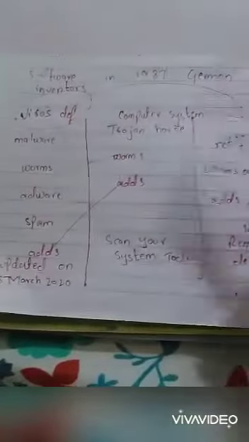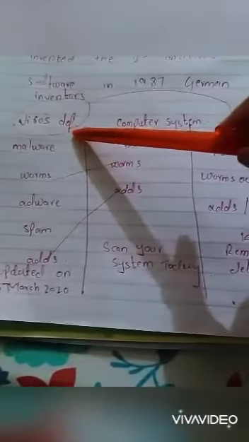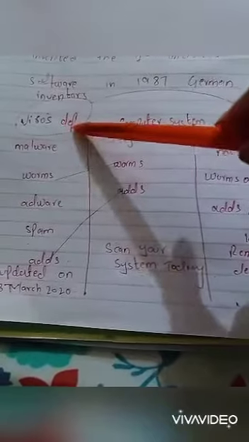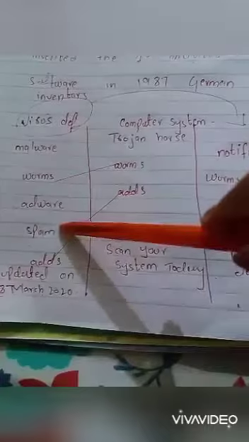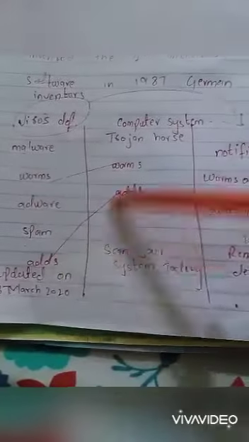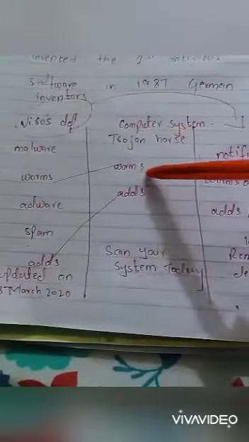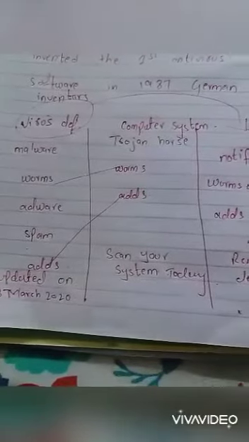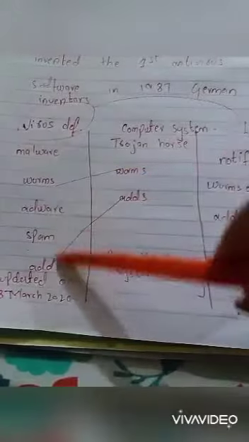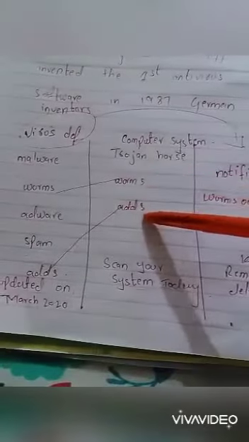Okay, so here we talk about virus definition. Here we have an example: this virus definition is installed with your antivirus, in which we have malware, worms, adware, spam and ads. So this is your computer system in which we have worms and ads. When you scan your system, virus definition matches the viruses with your system and then gives you a notification, like here we have two viruses in your system, worms and ads.